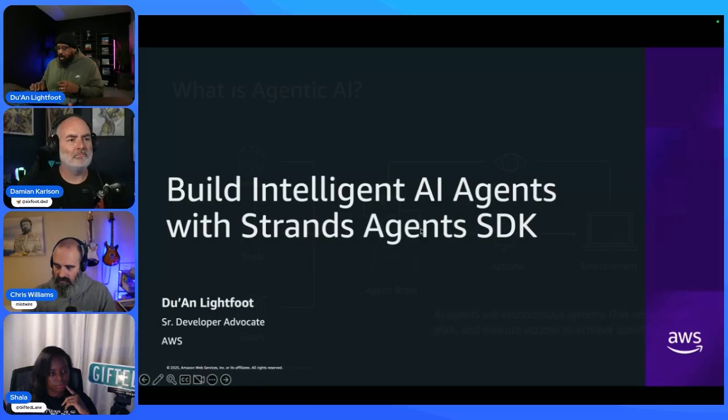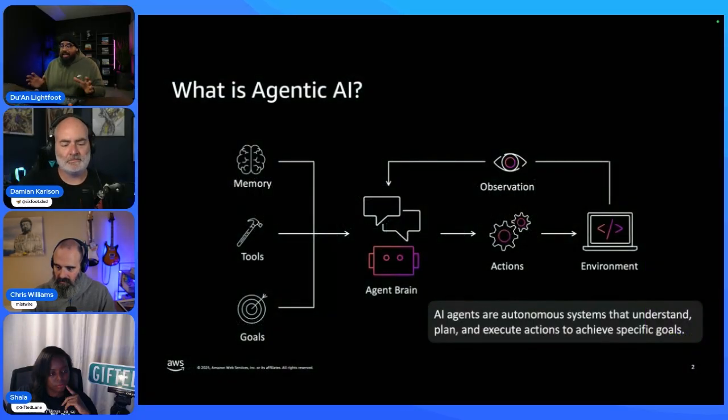And so for those of you that aren't familiar with agentic AI and what it is, I'm just going to break it down simply. We'll go through a few slides, talk about that, then we'll talk about Strands. So when we think about an agent, at the center of it is the AI brain. That's going to be your large language model. And the thing about an agent is that it's able to reason. You give it a prompt, it's able to reason on what needs to happen. So it establishes a plan, like the actions to take. And once it establishes those actions, it takes actions on that plan. And if it needs to update, it continues reasoning until the goal is accomplished.